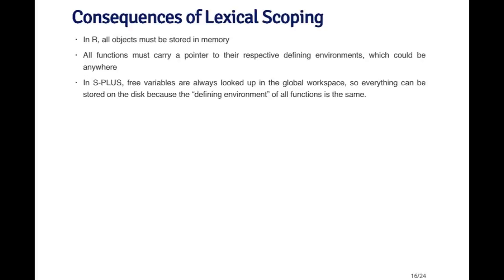Second, every function has to carry a pointer to its defining environment, and that defining environment could literally be anywhere because there could be functions within functions, and if one function returns another function, then there has to be a pointer to that piece of memory where the defining environment is stored, and so this makes the model a little bit more complex, but